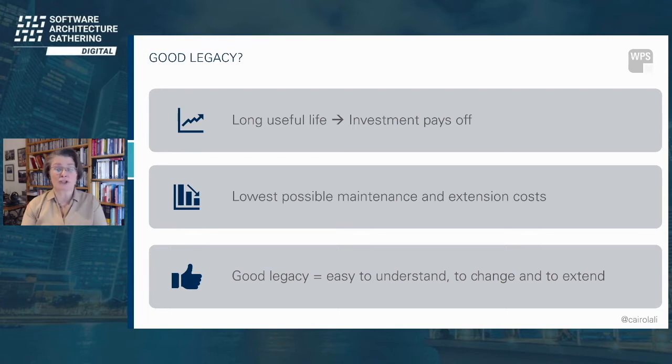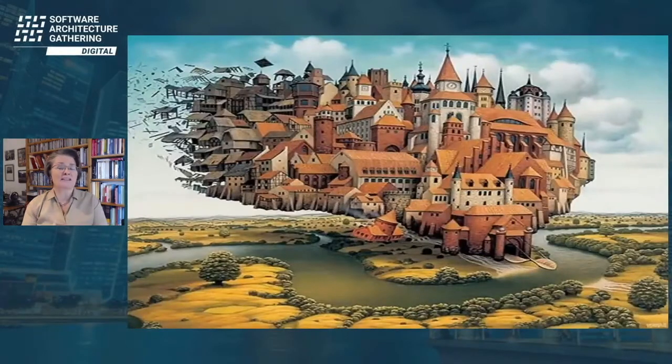But unfortunately, many software developers experience something quite different in their daily work with their legacy. Their daily work is characterized by legacy software that looks more like this one here on the screen. Hard to understand, hard to find your way around. You don't even know where to get in or out. It's hard to change, it's hard to extend. And why did this happen?